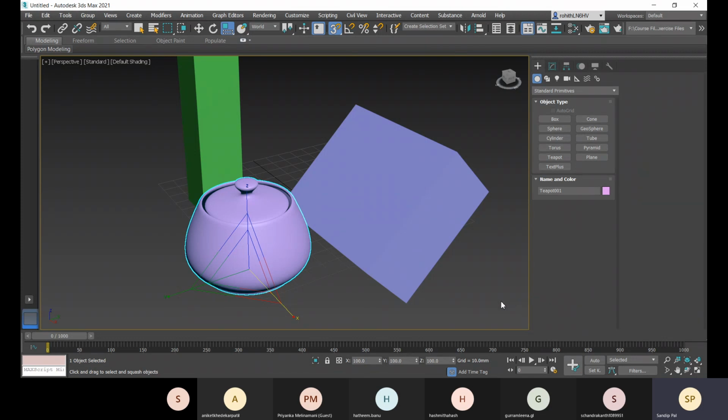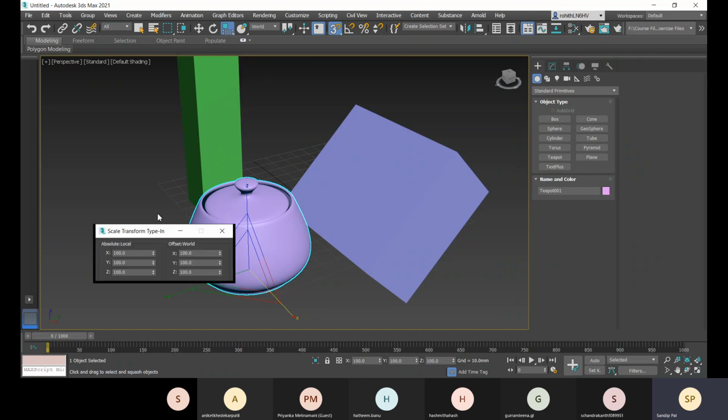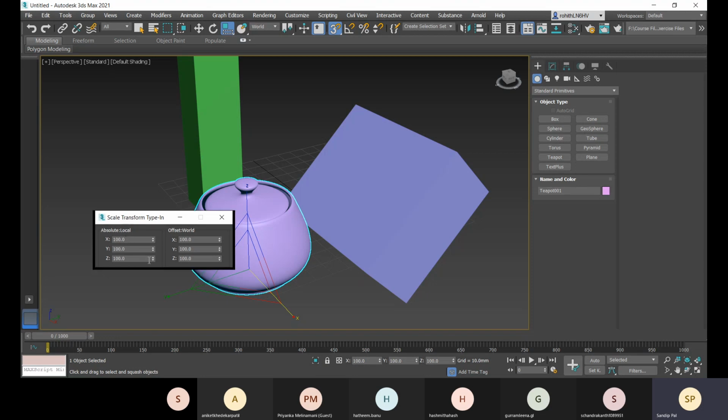What you can do is right click here to have the transform type-in window, and this is for scale. Here you have absolute and offset. Absolute is calculated from the original value, and offset is calculated from the previous value.